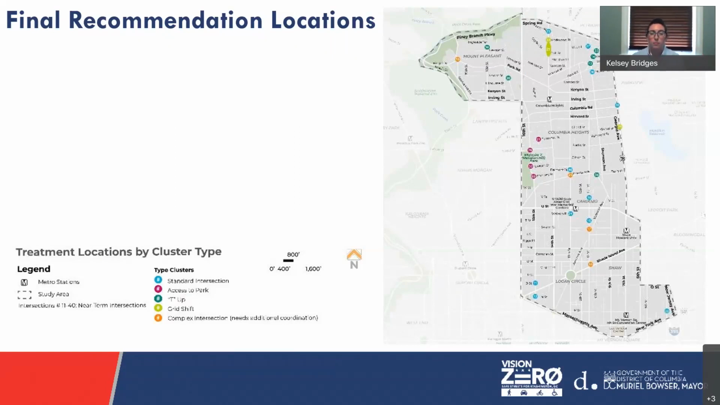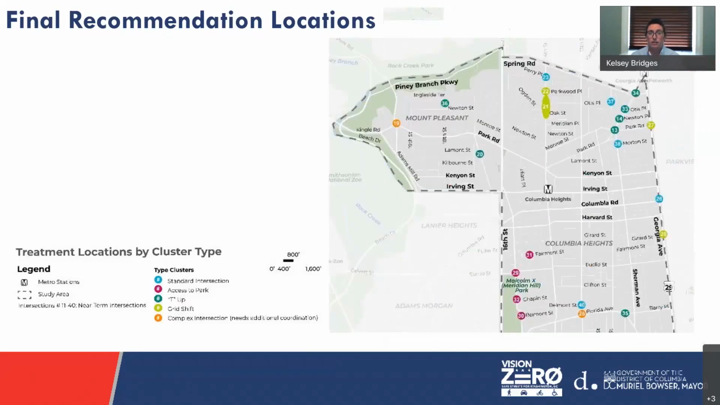And the last are complex intersections, and these in many cases incorporate essentially all of the other buckets. So standard, access to park, or grid shift and tee up. So this is a zoomed in image of the northern half of the study area by bucket, and it's not a surprise that a lot of these you may see the same bucket along the same type of roadway, and that's normally because they're similar